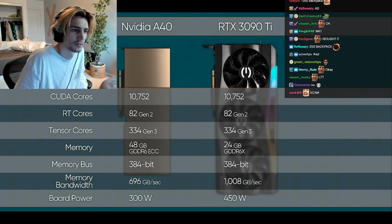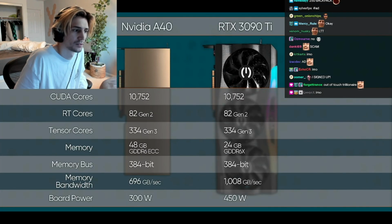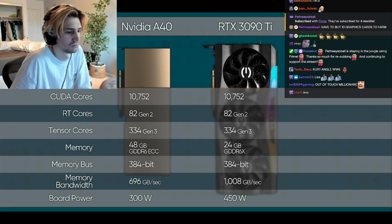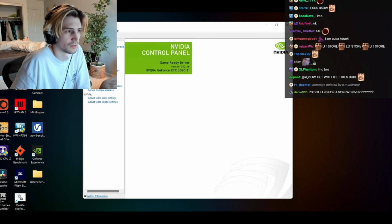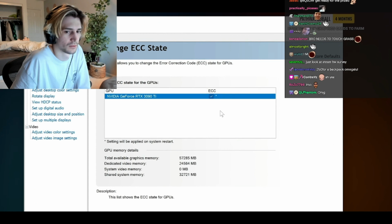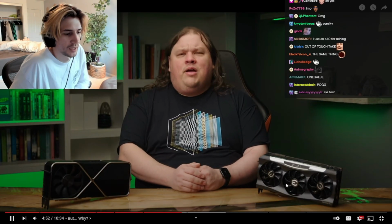The GPU clear-out angle is a very likely one, IMO. Nvidia's existing A40, a data center GPU, shares most of its spec with the 3090 Ti, albeit with a significantly lower board power and more but slower memory. Sure enough, the Nvidia control panel even has an ECC memory support toggle like you might find on one of those cards. While I don't have a problem with this in principle